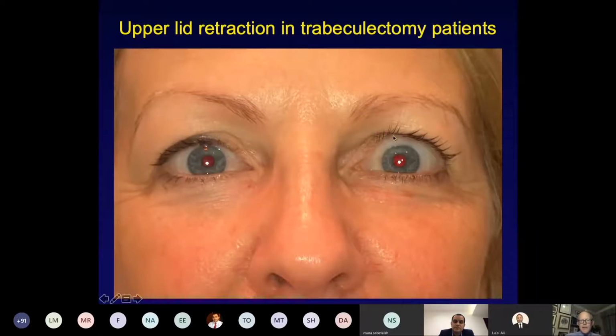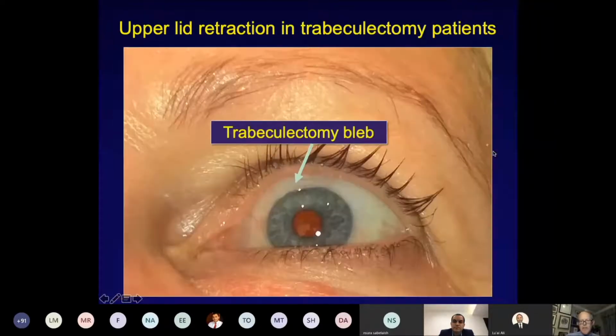When you lower the lid, you find that it can go back again, and nobody knows really the reason for lid retraction, although I suspect it's cicatricial changes in the back of the lid, in a posterior lamella cicatrization. I think that's what's happening in this patient. Here you see her again with this diffuse trabeculectomy bleb. Never had any bleb problems, but she presented with lid retraction,